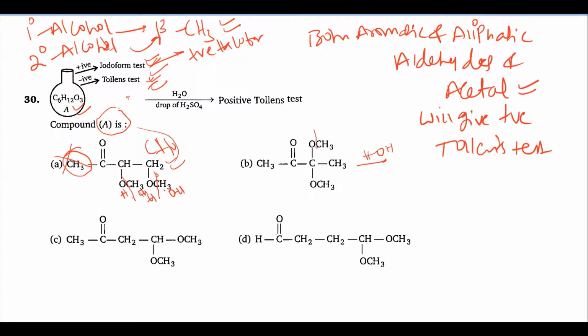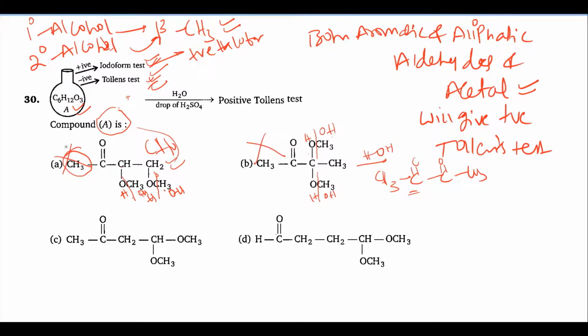The bond is going to break here. H is added here, OH is added here. I'm sorry, I did it wrong. Yeah, H is added, OH is added. After that, two OH groups are there. Whenever two OH groups are there, immediately you can remove a water molecule. After that you are going to get CH3, C double bond O, again C double bond O, CH3. This is giving a positive haloform test, but it is not giving a positive Tollens test. So option B is also not possible.